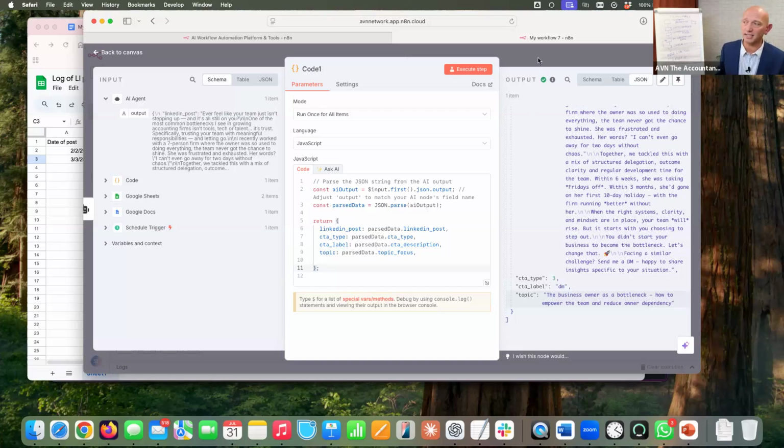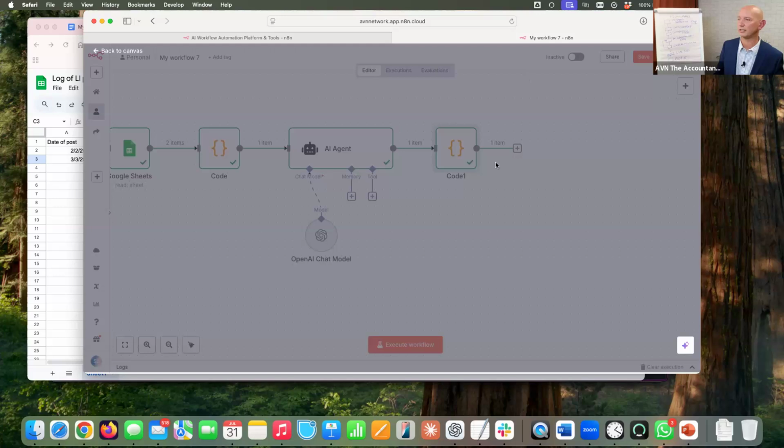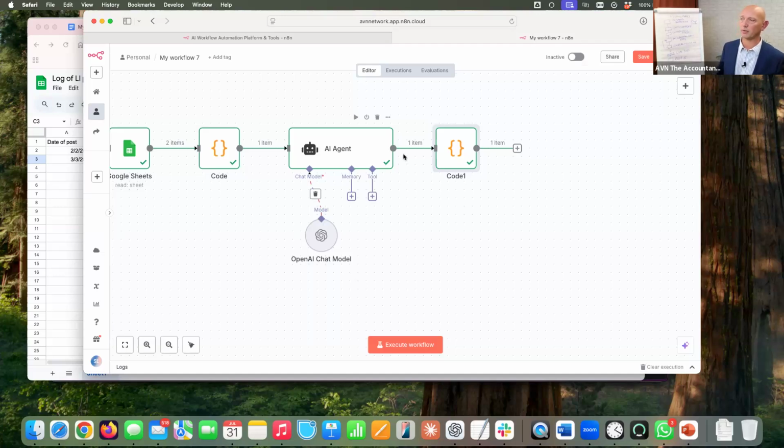And again, I didn't even create the code. I just asked ChatGPT to do it. I said, I don't like the way it's looking. Can you make it easier to read? So what we want to do now is I want to check this.